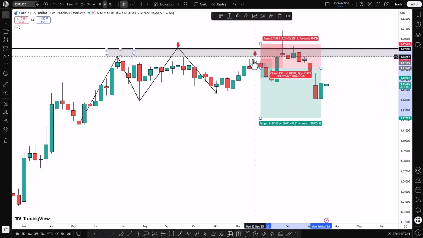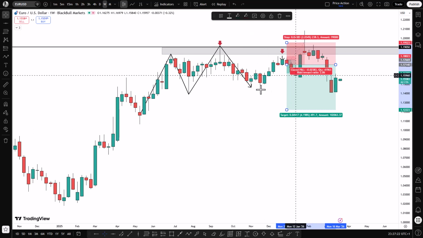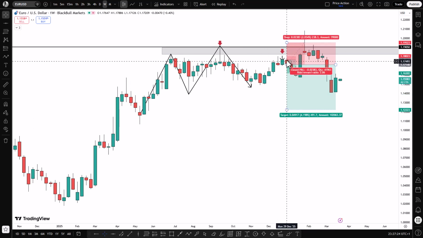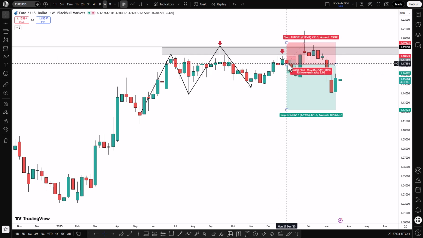Okay, just look at what would have happened, because now you've identified the trade setup on the weekly time frame, and you're not doing any refinements on the lower time frame. You are taking the trade on the weekly time frame as well. Just look at what would have happened. You would have taken this trade. Each candle you're seeing on this time frame is a weekly candle, so it took one whole week to form. So at the close of this bearish engulfing candlestick, for example, you would have taken this short trade setup,